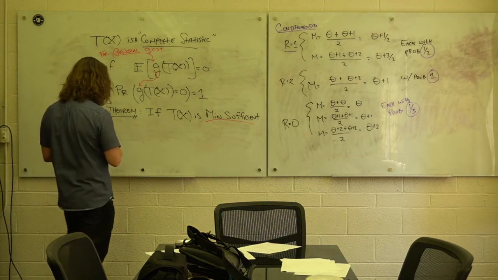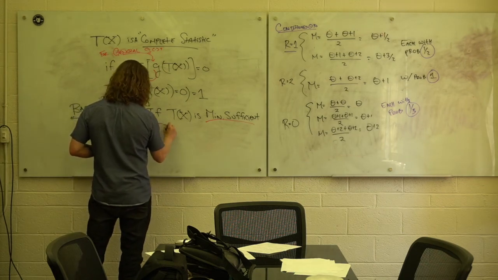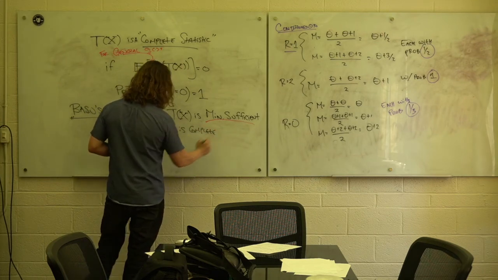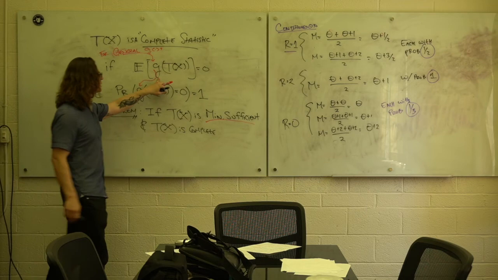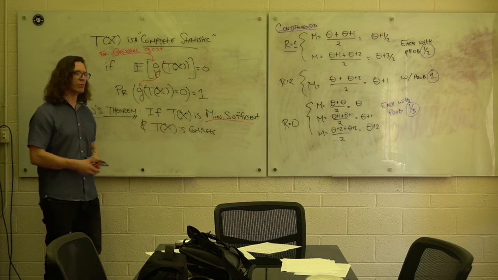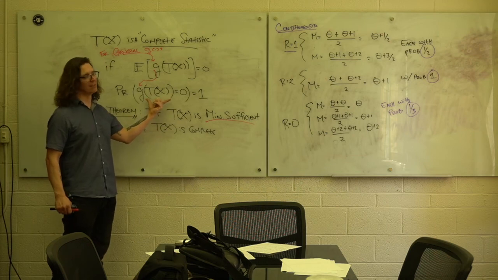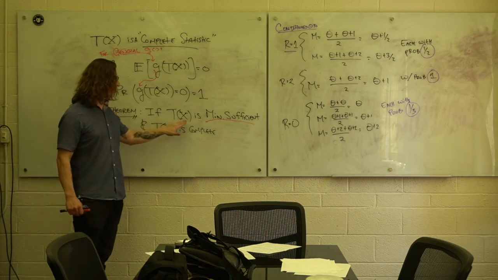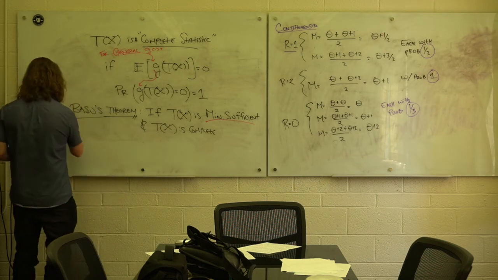So if T of x is minimal sufficient and it's complete, meaning that I take my minimal sufficient statistic that I found and I can show for any function g that has expectation equal to 0, then the probability of that thing is 0. That there's not a function out there such that this thing is 0, but this thing isn't identically 0. So if I can go through the exercise and show that whatever the statistic is in a general problem, it's minimal sufficient, and T of x is complete, then